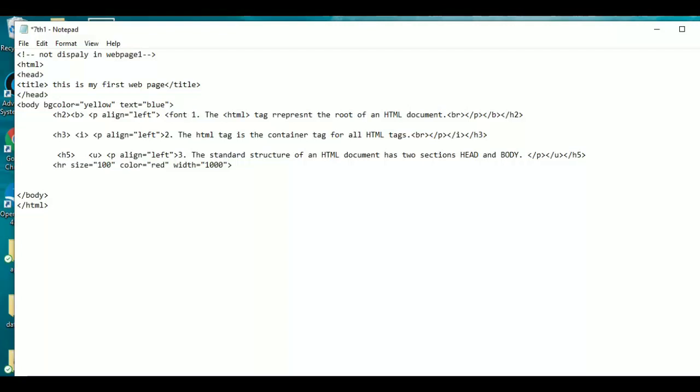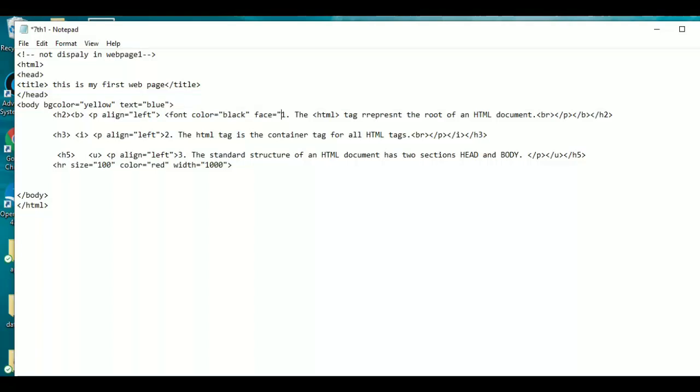So let's change first the color. Color equal to black, and let's change its face. So let's make the face equal to the name of the font which we use.